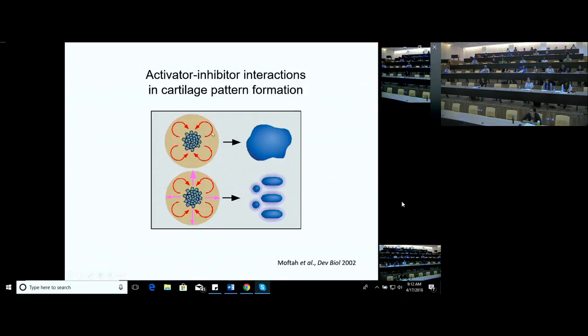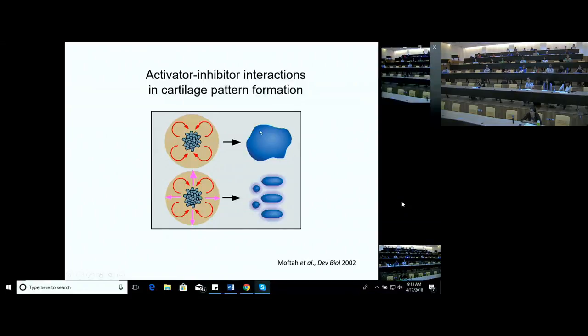And the activator is an autocatalytic or positively autoregulatory activator. So when the cells produce it, it reflects back on the cells and causes it to produce even more. And then the cells condense in response to this activator. And what happens is that eventually, because it's an explosive autoactivation, the whole tissue mass will organize into a big